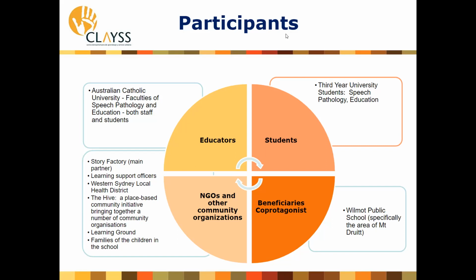The Hive, which is an organisation that really focuses on early years learning within the community, bringing together a number of different organisations. And then the Families and Learning Grant is another organisation that works in the community, helping students who are on the verge of disengaging completely from school, and they've got a number of programs. So we really see this as a very collaborative, grassroots community-based project, which really gives ACU the opportunity to go directly into the community and bring different organisations together.